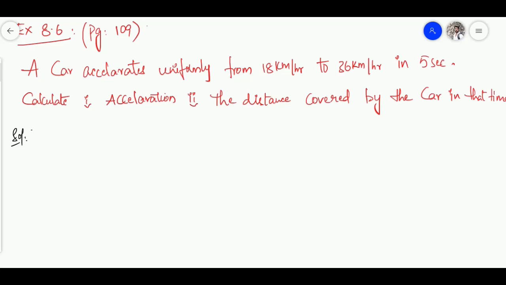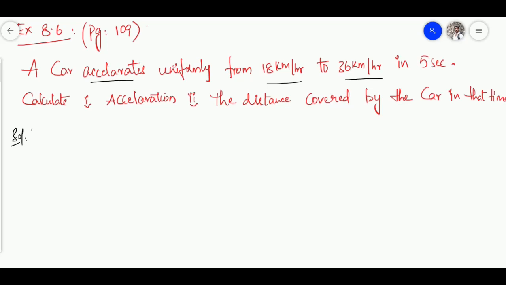So mainly people will think, the car accelerates uniformly from 18 km per hour, so maybe this 18 km per hour is the acceleration given. But no, this is the velocity given. This is the initial velocity and this is the final velocity it reached. If you have any confusion about which is acceleration and which is velocity in the question, you have to pick up the units to check. Here the unit is kilometer per hour. So obviously it could be either speed or velocity, right? It can't be acceleration.